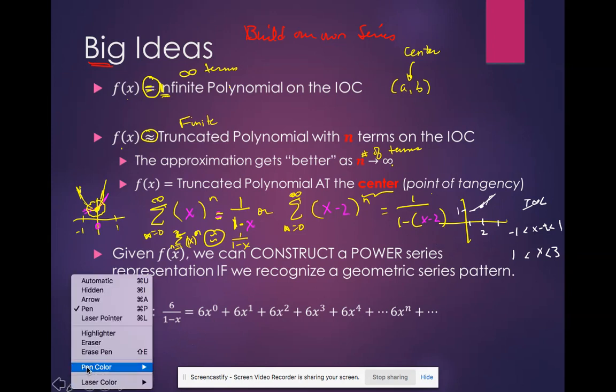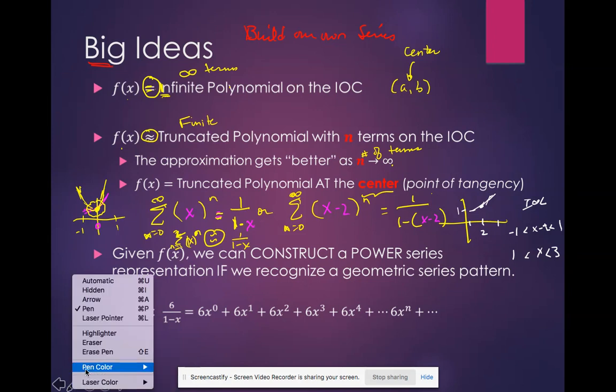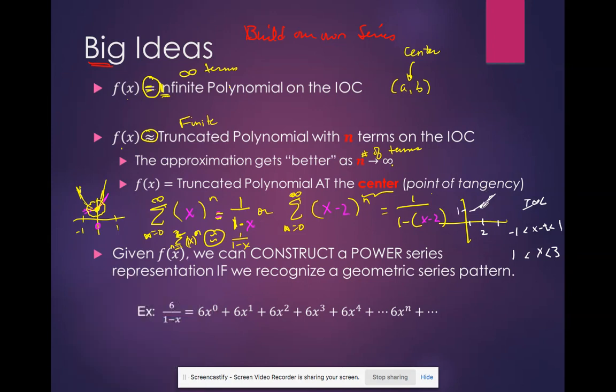If you stopped after n is equal to 2, once again, you would have an approximator, and your approximator would radiate out from the center and would be something like this. And again, you would not match from 1 to 3, but at the center you would be equal, and then as you would move away from it, if you stopped with n is equal to 2, you're only going to be able to approximate a lot closer to 2 than from 1 to 3, right? So that's the big idea of what we're doing